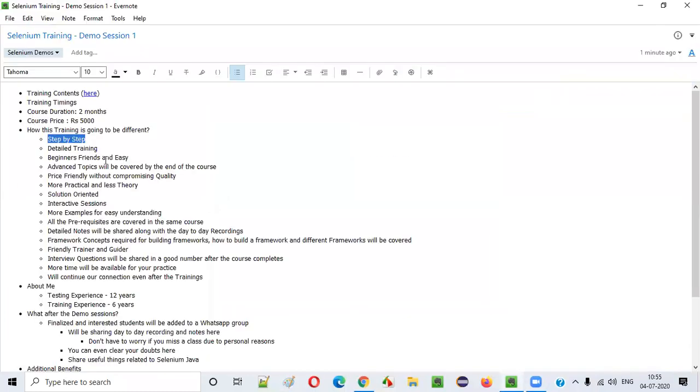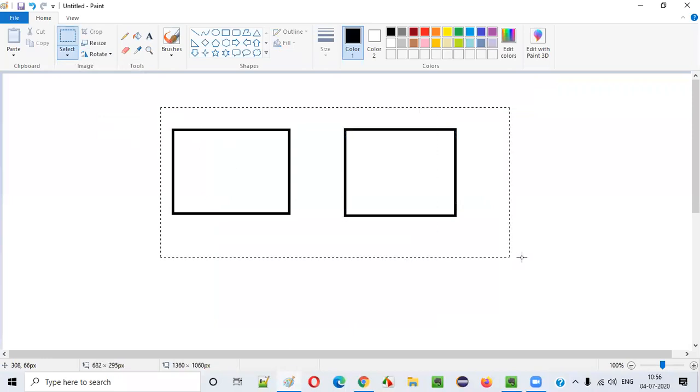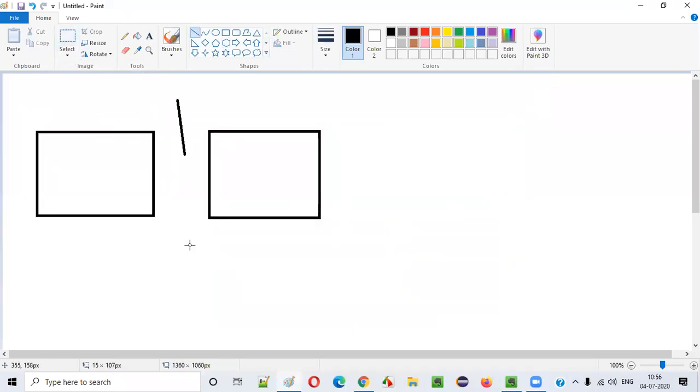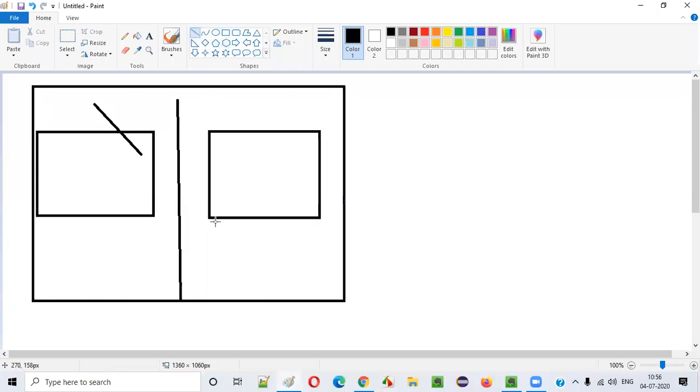Now coming to the point, step by step. Step by step means we are not in a hurry, guys. I don't want to mix Java with Selenium. There are a lot of Selenium Java trainers, I understand, but everyone has to be different from each other. Some people mix the things, so while they are explaining Selenium, they will explain Java. I don't like this concept at all because it causes a lot of confusion. Even I tried this, but it is not fruitful for everyone, because you are mixing Chinese with Japanese, so you'll not get anything.